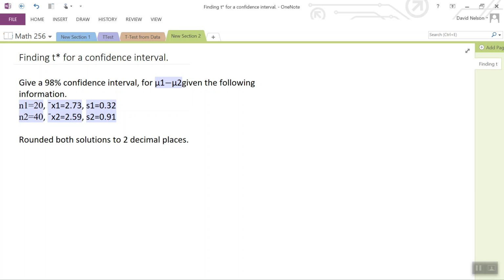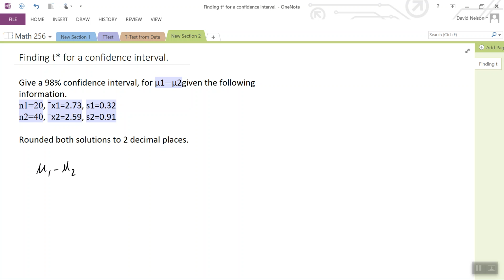We've got two different populations, maybe two different groups of students, and we're wondering if there's a significant difference in their GPAs. One group has a GPA of 2.73, the other group has a GPA of 2.59, and we took random samples. We want to know how big that difference is, what's the size of the difference between those two things. So our first estimate for that